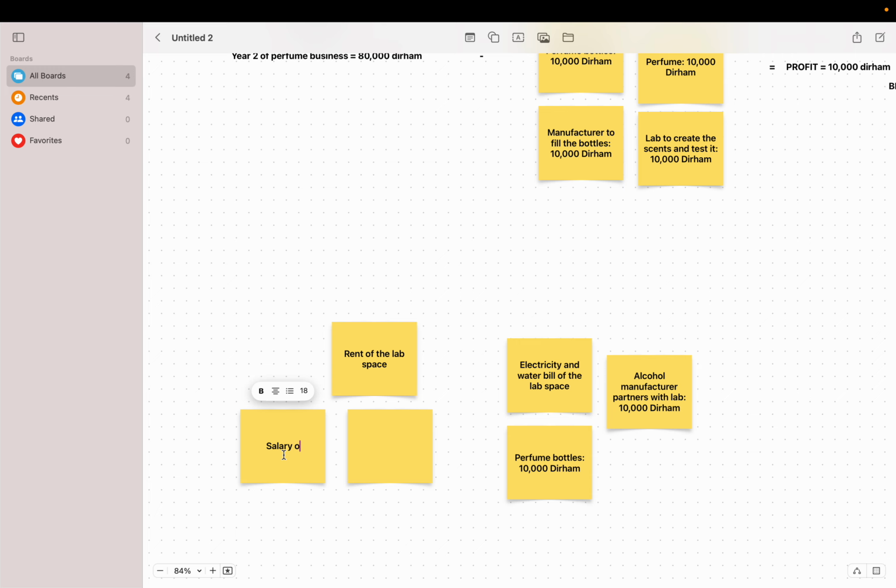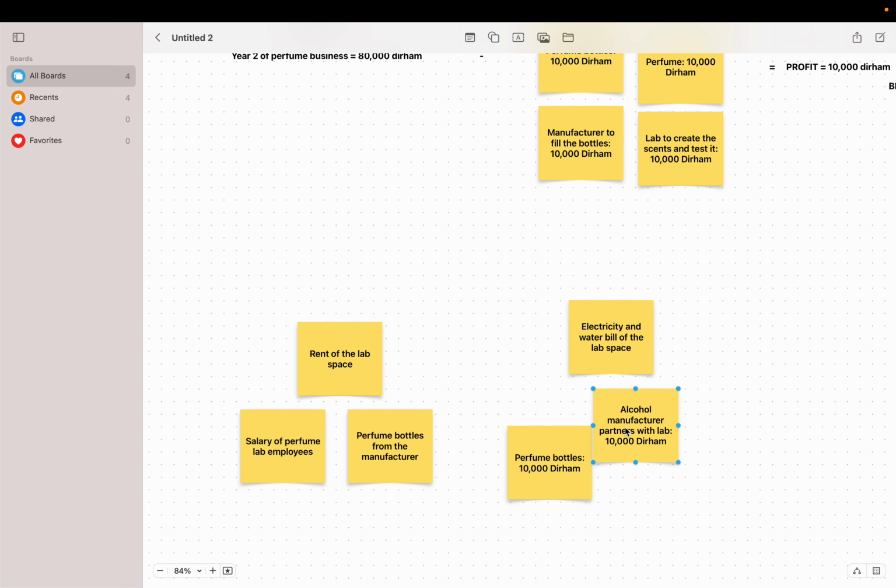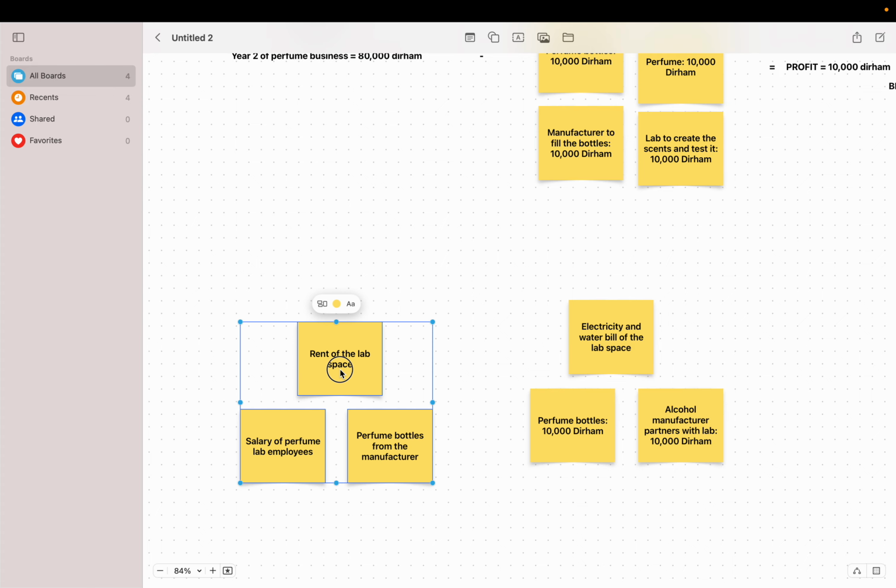Salary of lab workers, perfume lab employees, and then perfume bottles from the manufacturer. Okay, now you'll see where I'm going with this. So rent of the lab space, perfume bottles,